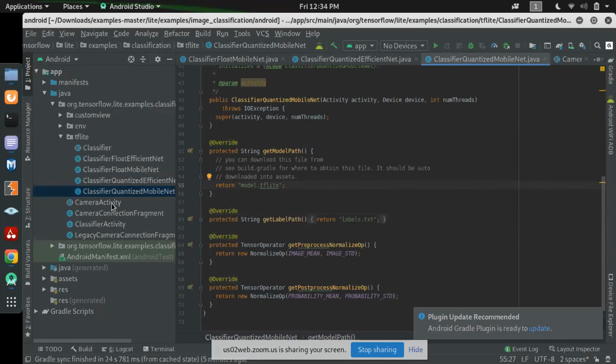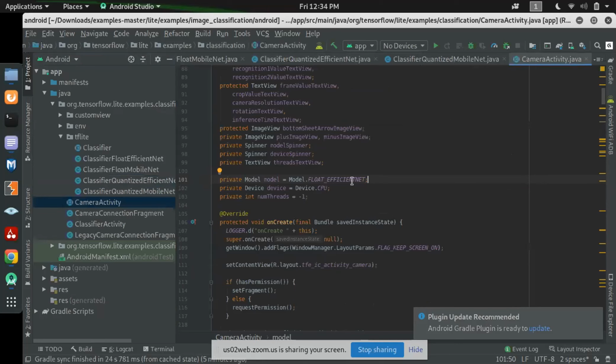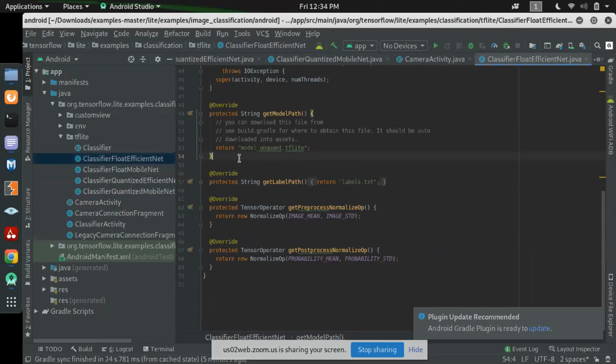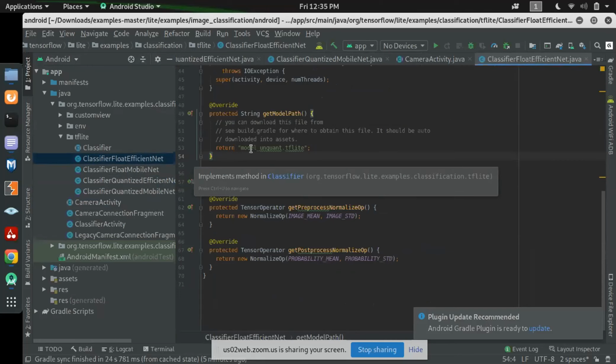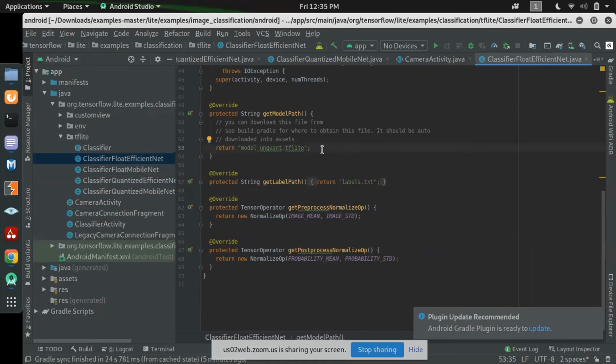The first change is in the camera activity, we have to make it float EfficientNet, and the second modification is to convert all the getModelPaths of these four Java activities to the model_quant.tflite and model.tflite files. After that, the third step is below the getModelPath.